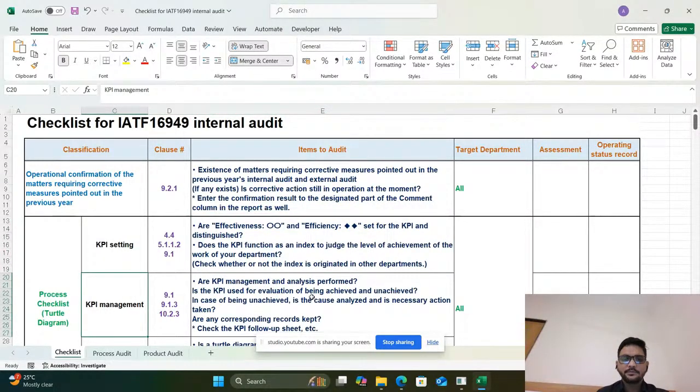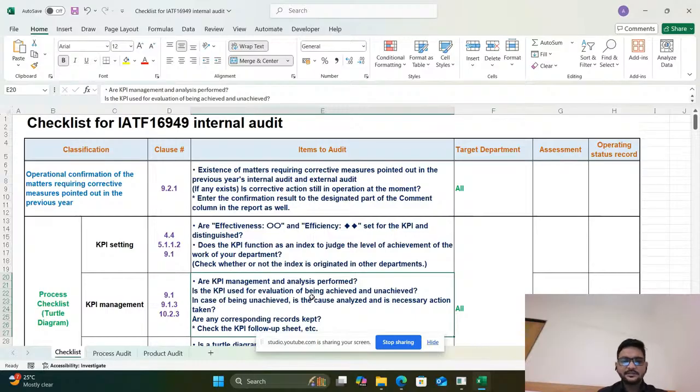Next is KPI management: how we manage the KPIs, how we analyze their performance and evaluation of achieved and unachieved KPI targets, and their records.